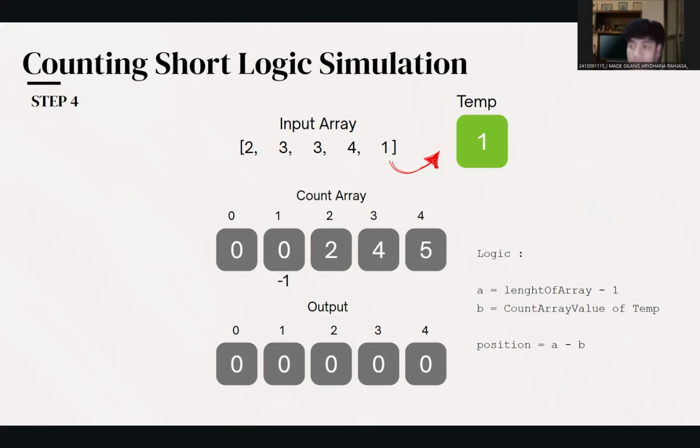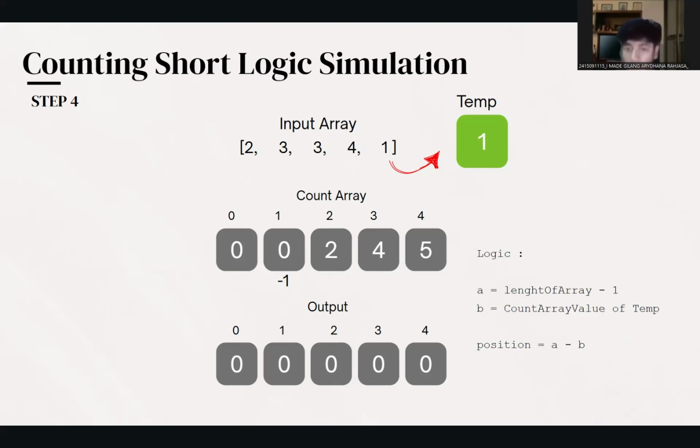And after that, we'll create a logic. So first, the length of the array will be minus by 1. So we know that the input array has a length of 5, minus 1, there will be 4. After that, we have a count array value. So the count array value of number 1 is 0.